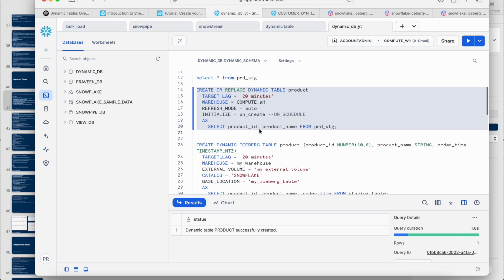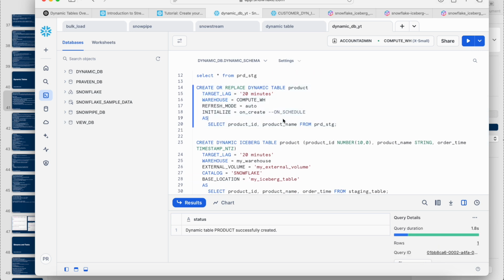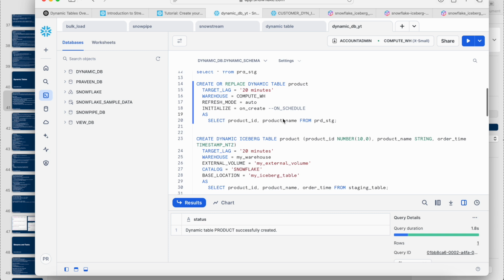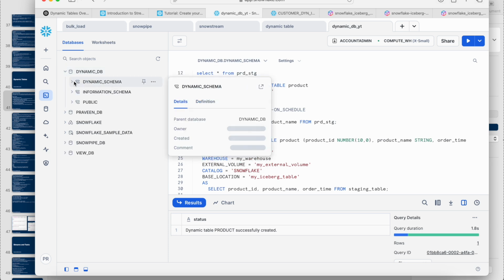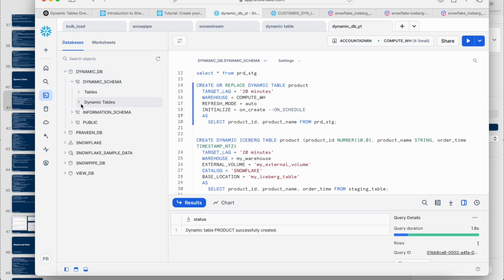So I just created a Snowflake dynamic table. It's a Snowflake managed dynamic table. Okay, we can even create an Iceberg dynamic table also. So now let's go, and if I refresh this and come here, under the dynamic schema, inside dynamic tables, we